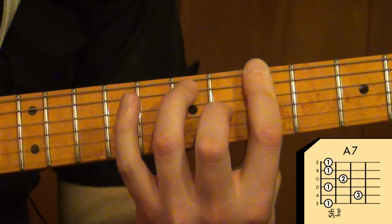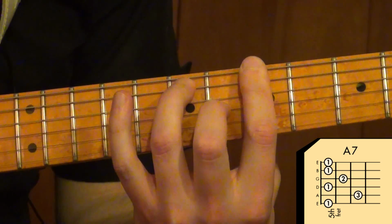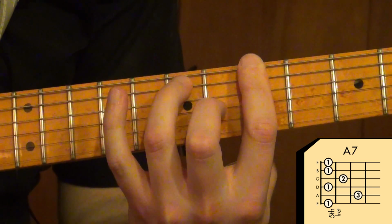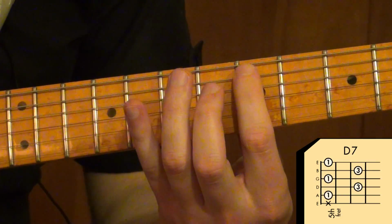If that's too much for you at first, what you can do is just play the bottom 4 strings, and that's still an A7 chord. Or if that's too much for you, you can just play the bottom 2 strings, and then build up to an A7 bar chord. The next chord is a D7 chord, which means our first finger is going to be